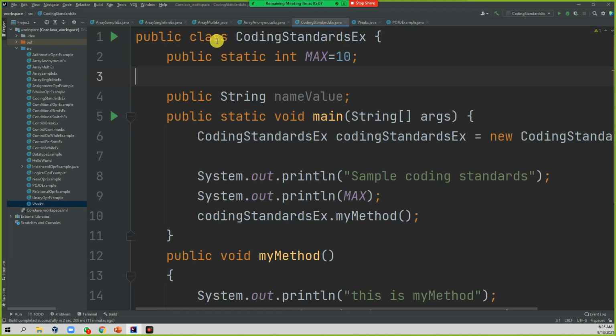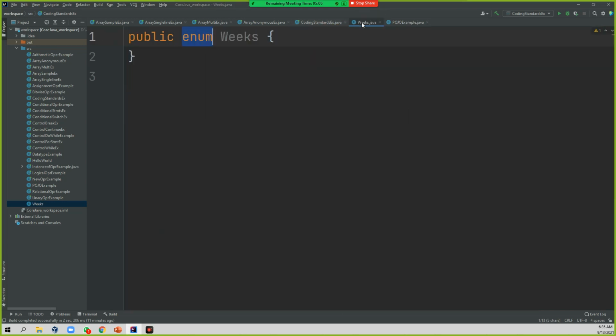If you see the previous one, it was a class, but here this is an enum. Inside this enum, I can define all of these, like Sunday, Monday, Tuesday, and likewise you can write the rest.